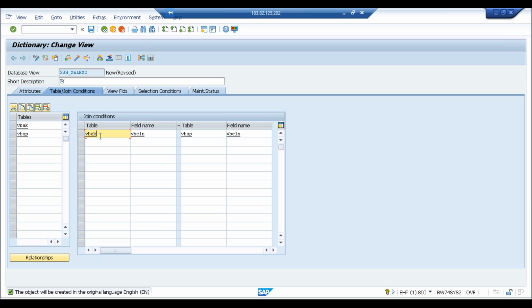What we are doing here is defining the table names on the left side and the common field name. VBELN is the common field, and VBAK and VBAP are the tables from which we are getting this data.